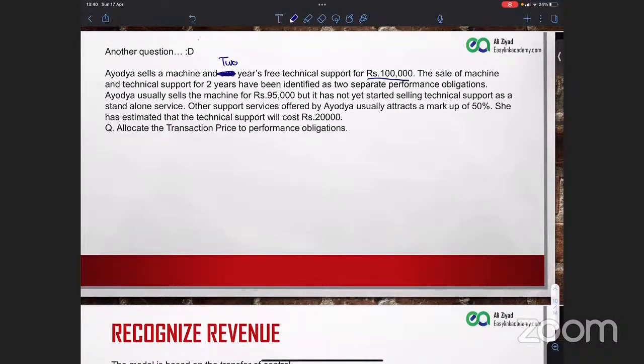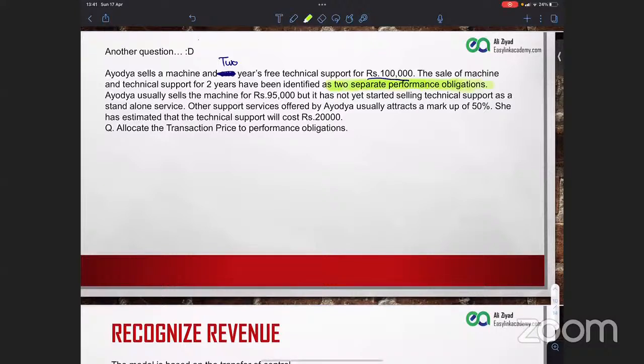Whenever somebody says something is free, guys, remember, in their income statement, it's not really free. They are actually recording it as separate revenue. Just remember that. So whenever somebody says free, as accountants, you need to know they are actually recording that revenue. The sale of machine and technical support for 2 years have been identified as 2 separate performance obligations. That means